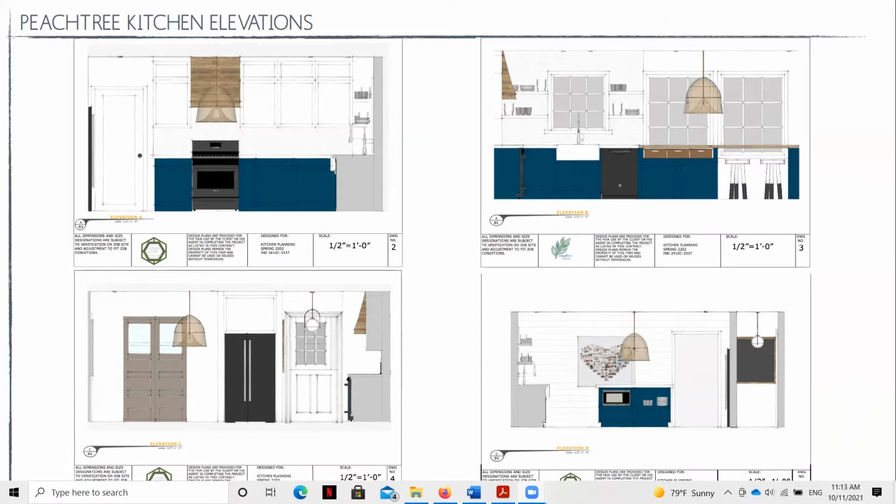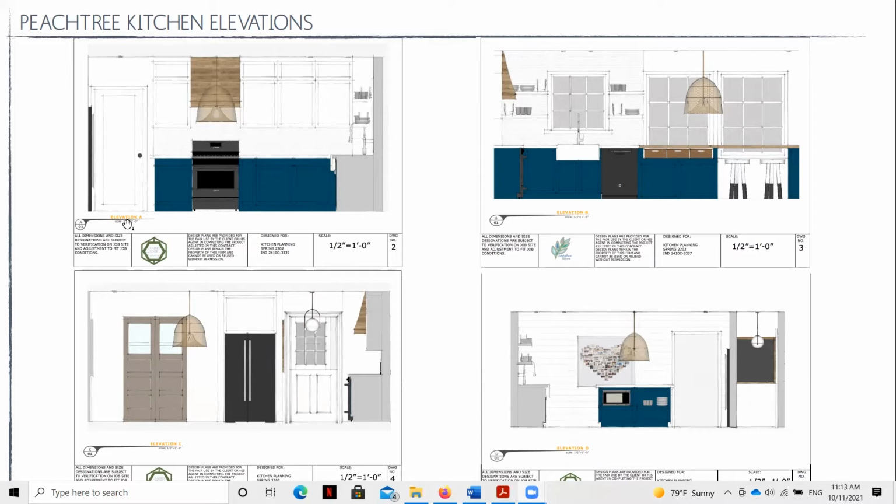Now, if it were my presentation, the thing that I would do differently is I would get rid of this information at the bottom that's more repetitive and doesn't need to be shown so many times, and especially in a presentation like this. This is more appropriate to include in a set of construction documents, but for right now in a design presentation, it's not as necessary.